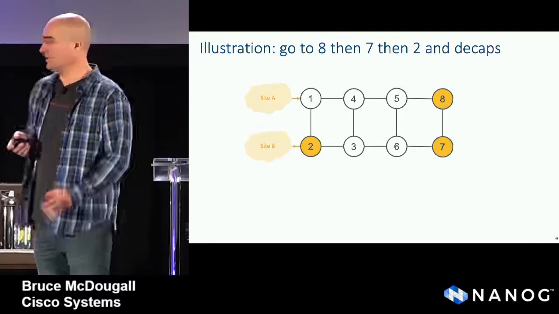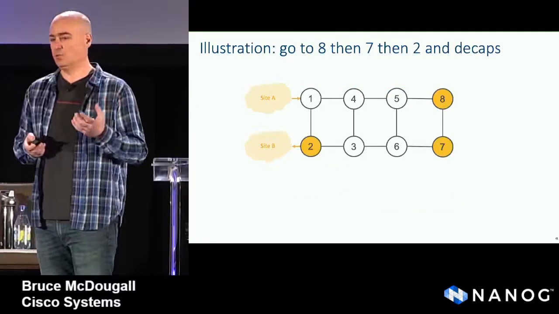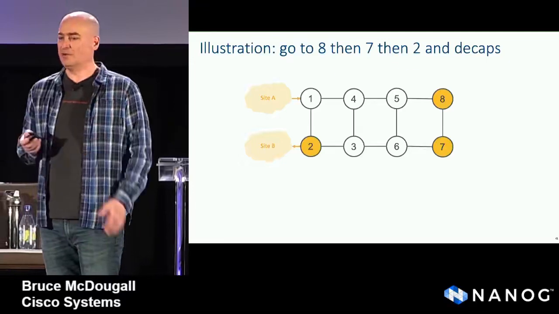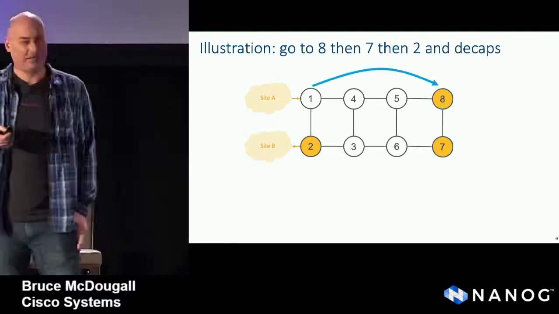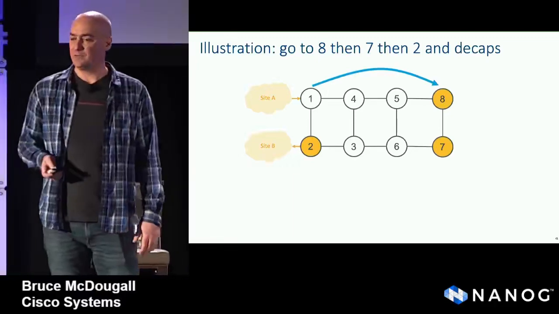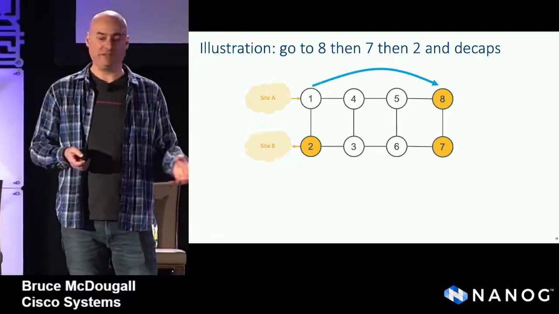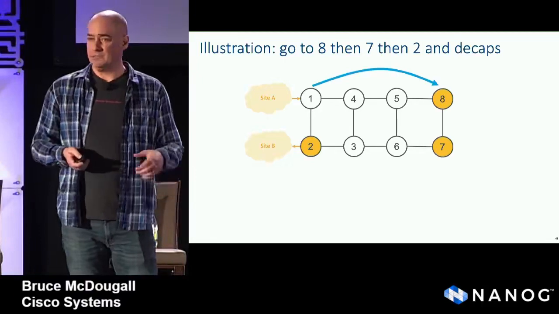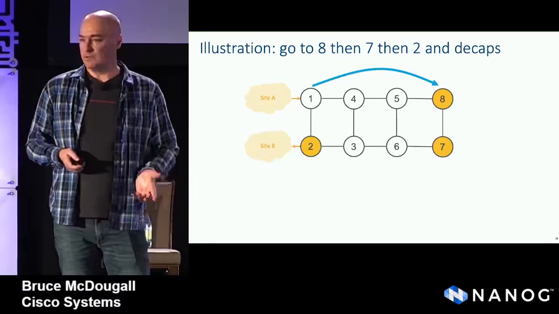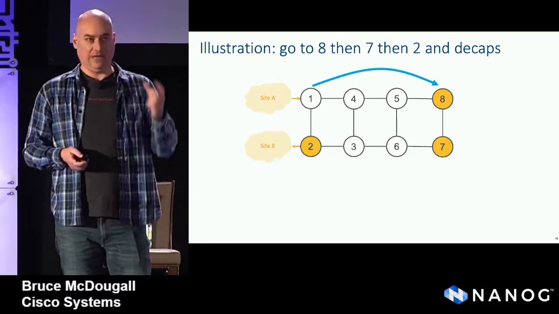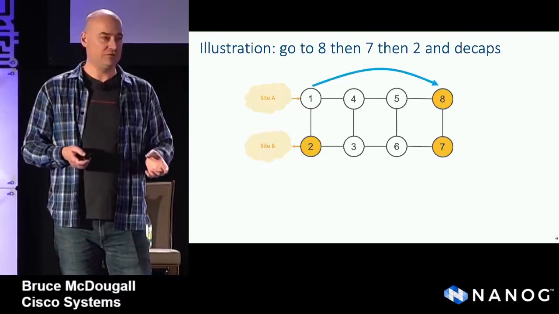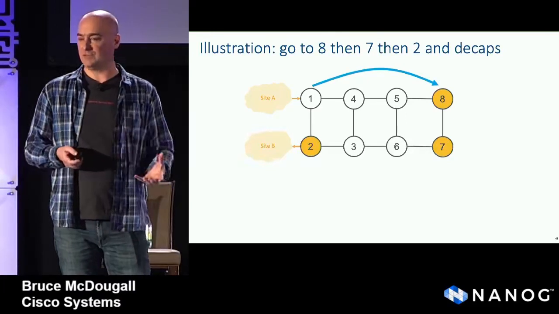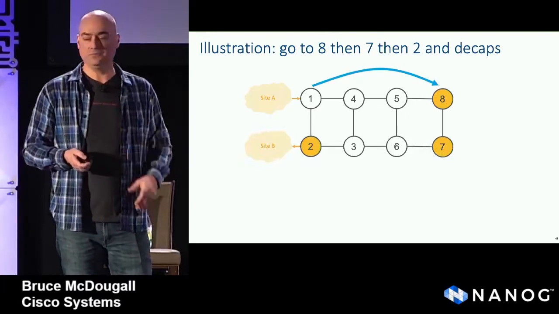So a few slides to walk through how this works. Let's say we've got this network here where we want to send traffic from site A to site B, but we want to send it over a very specific path. We want it to go through router 8, then router 7, then router 2. And with normal SRv6 network programming, this would require an outer destination address to router 8, and then 2 SIDs in the SRH sitting behind for getting traffic to router 7 and then to router 2.